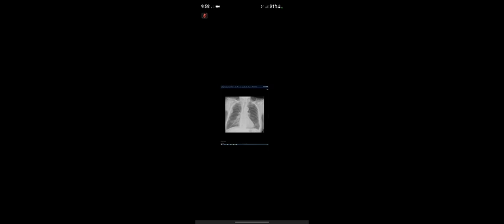Elsewhere, I can't appreciate any hilar lymphadenopathy. And there's mild blunting of bilateral costophrenic angles, which might represent a small pleural effusion. So in summary, I have a pleural-based mass with bilateral calcified pleural plaques. My primary differential in this instance would be a mesothelioma,